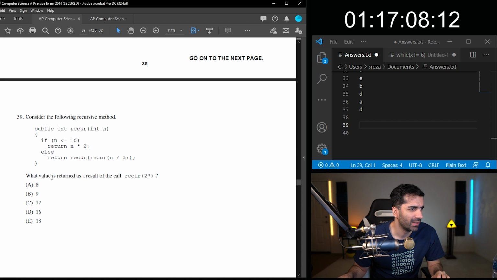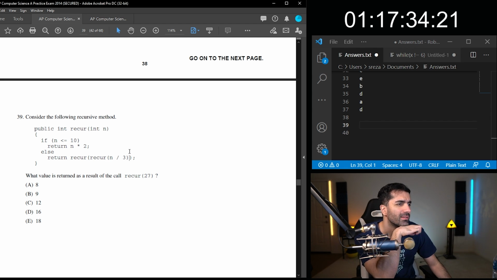Consider the following recursive method. What value is returned as a result of the call to recur 27? So we have this 27. If n is less than or equal to 10, you go there. Otherwise, you recurse. Oh, it's like double recursion in here. That's trippy.